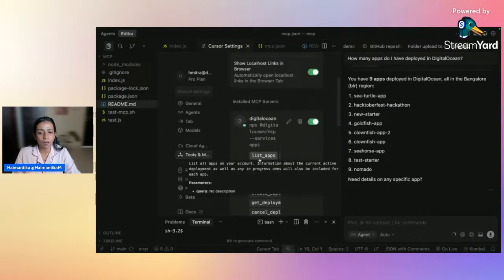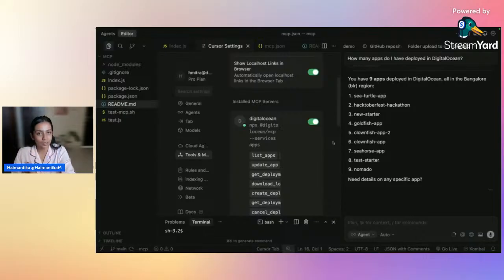So these perform particular tasks on an app platform, and everything that I explained in theory is what you see happening in real life. So this is a client, and the server is a third party API, which is the DigitalOcean API. And then I am writing prompts, or let's say I'm writing the message on my client, which is Cursor, and then the MCP tool, which is the protocol in between, knows which tool to call and how to connect these two and then do the work for us. So this is how MCP is working in general.